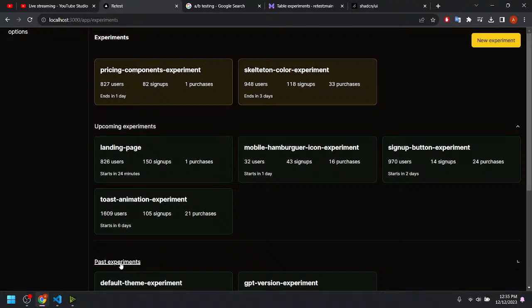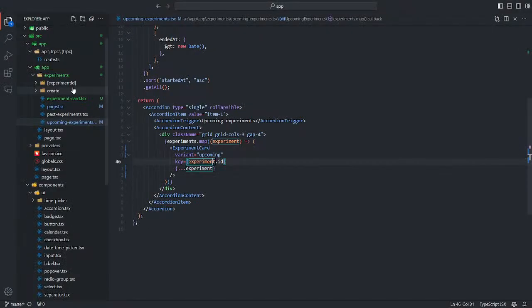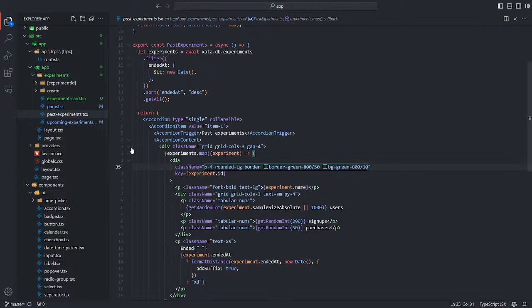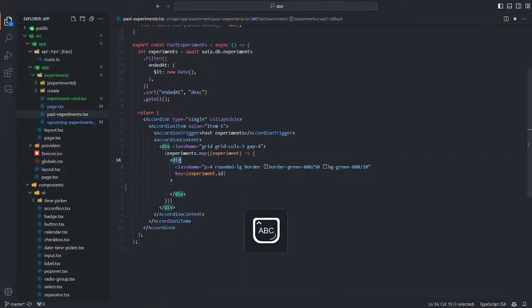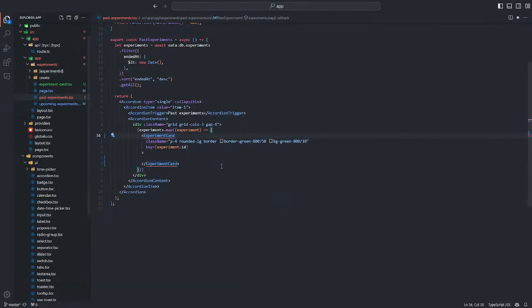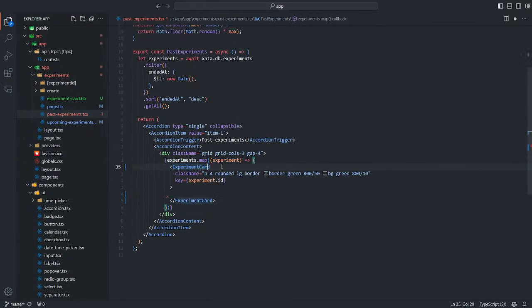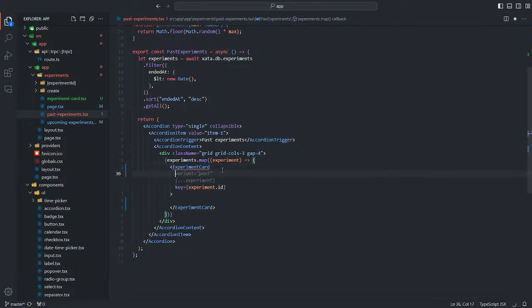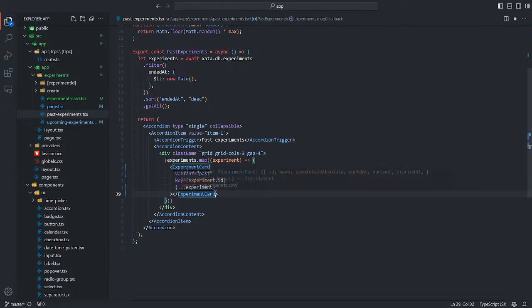Let's change past experiments. Delete all of this. Rename it to experiment card. Import experiment card. Delete the class name, and we have variant past.